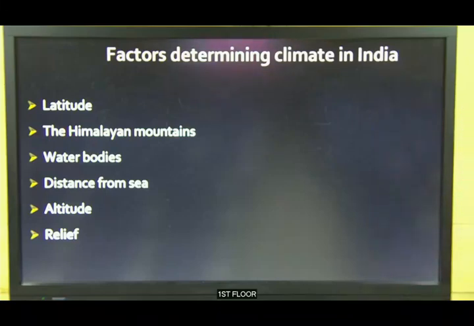Factors determining the climate in India. First thing is latitude. Okay, the location of India is mostly tropical and subtropical region. Tropical means between Tropic of Cancer and Tropic of Capricorn, and the subtropical is the next latitude, after 25 to 35 is the subtropical region. So we know that